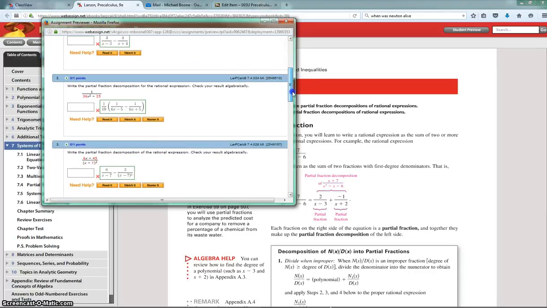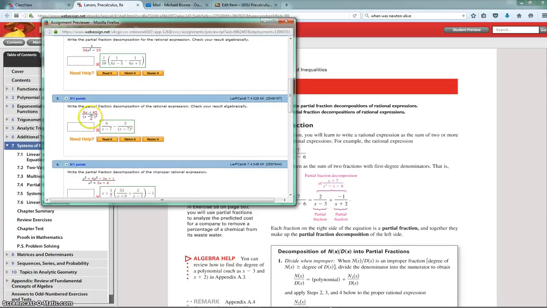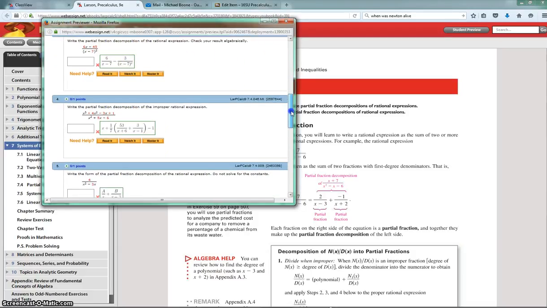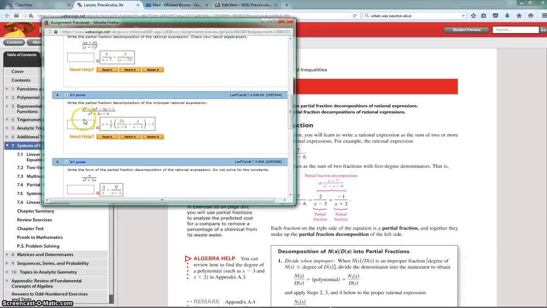I also wanted to look at one that had the same linear factor but squared. You would break this one up into an x minus 7 and then the x minus 7 squared. So all we're doing is we're making these rational expressions look different. And they also had one trickier one that I'm going to point you